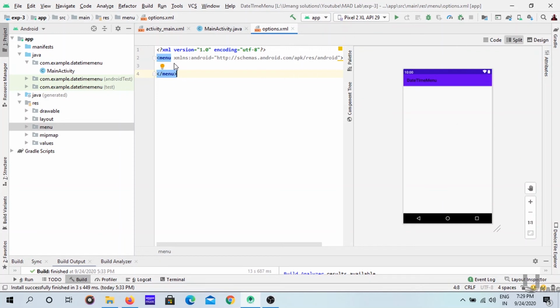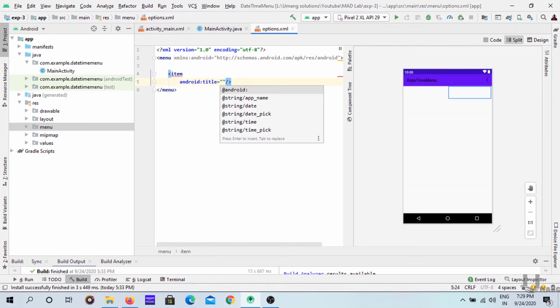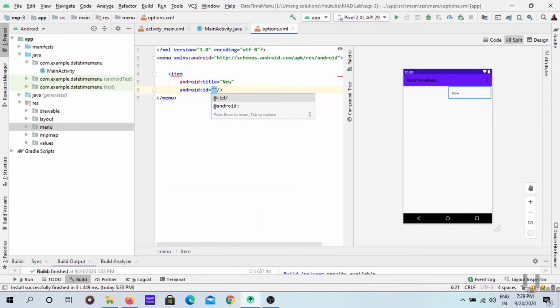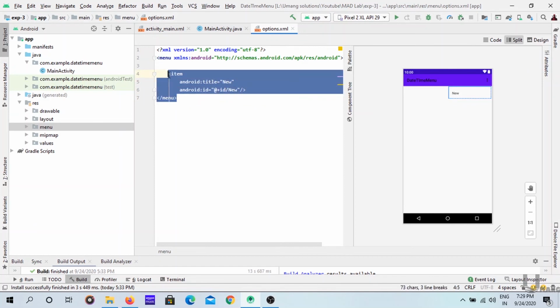Yeah, the file is created. We have an attribute called item. Using this attribute, we create options for the users. So let's write the code item, and in the item give title, it is mandatory, title is new, and give id to give actions. To get this item in the Java file, we must give some id. Through this id we can access this item from the .java file. Id like new,